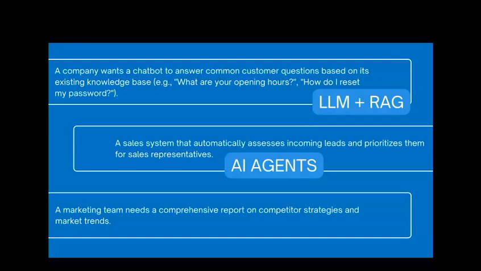Okay, so for this one, the task is more complicated because it's a marketing task and you need a comprehensive report. For this kind of use case, we can use agentic AI, which means you can use LangGraph or CrewAI, these orchestration tools, to build the solution. Why does it need agentic AI? Think about it. You need a comprehensive report.